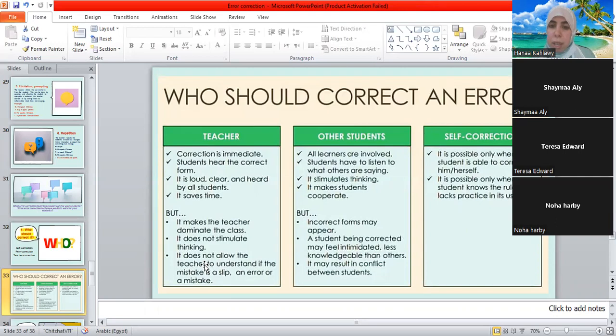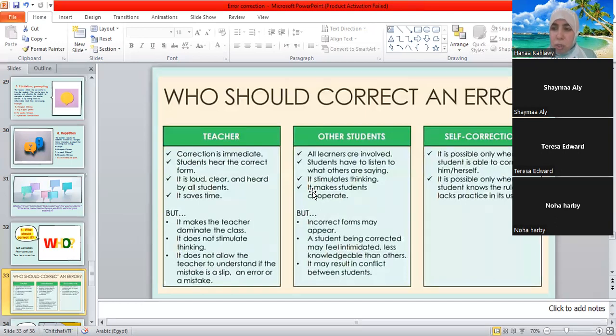Okay, what about the other students? When I give the students a chance to correct each other, they get involved and cooperate with each other to analyze what the errors are. So when I give my students a chance to correct each other, I really get them involved in the learning process and give them a chance to cooperate with each other.